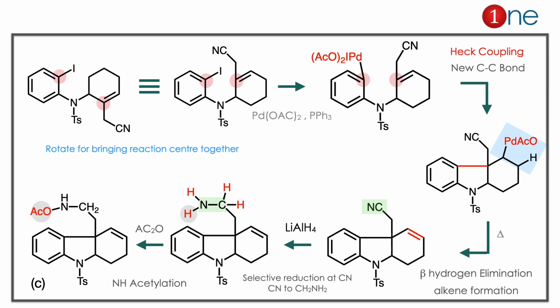In the starting material you have iodine and you have an alkene there. So you might think of Heck coupling, so a new C-C bond formation. But the product sites are away from the reagent, so you should rotate the bond. So the first step is you write the equivalent structure with rotation of the bond. It is equivalent because you are only rotating a single bond. Then the groups are nearby.